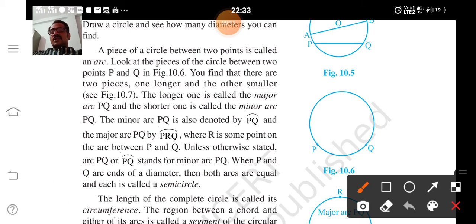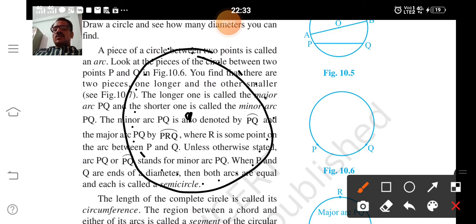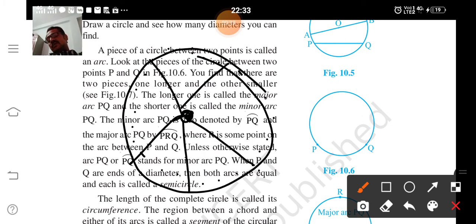First definition: the collection of all the points at a fixed distance from a fixed point forms a circle. Second definition: that fixed point is called the center of the circle. Third definition: the distance between the center and any point on the circle is called the radius. Radius is called length as well as line segment.